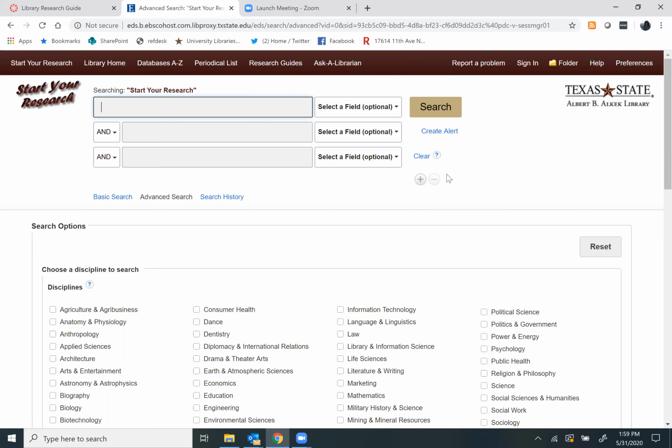I've already logged in, that's why it didn't prompt me. The advanced search gives you more search fields. It has the and, or, not function built in, so you can change it right here before you start your search. You can also